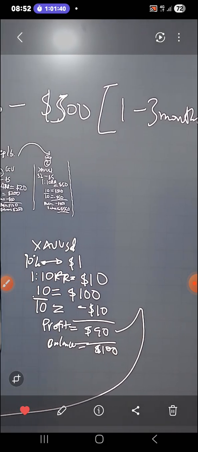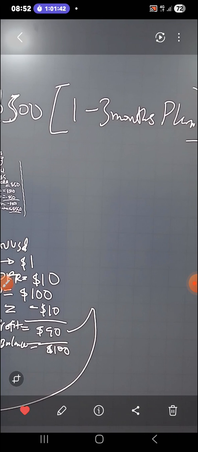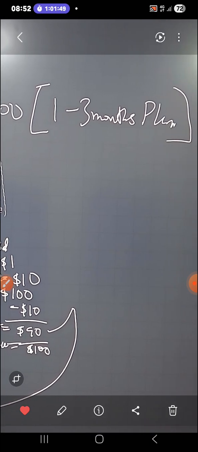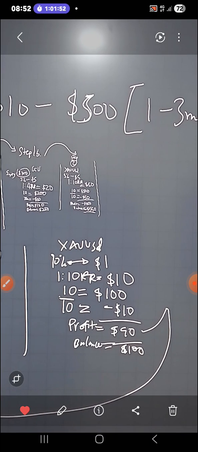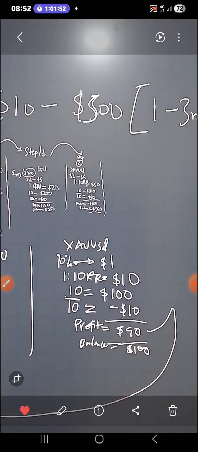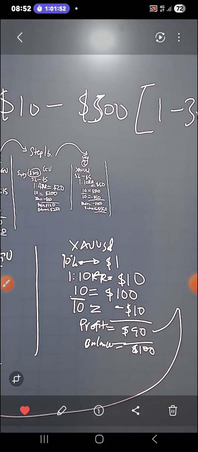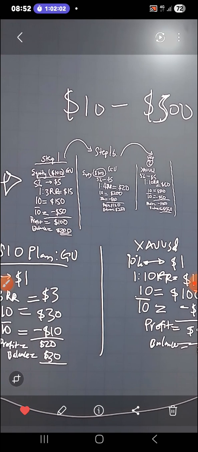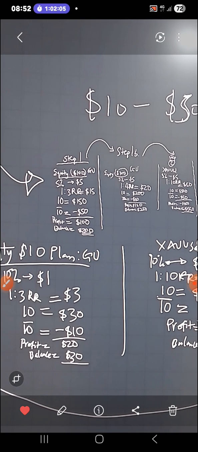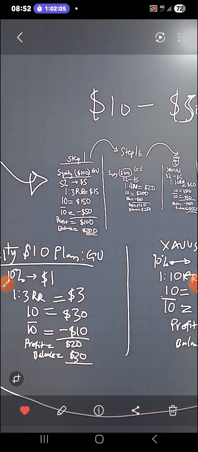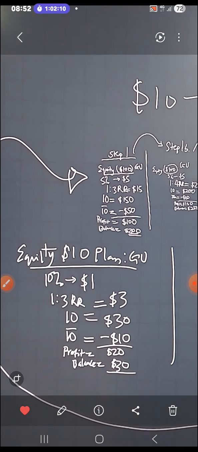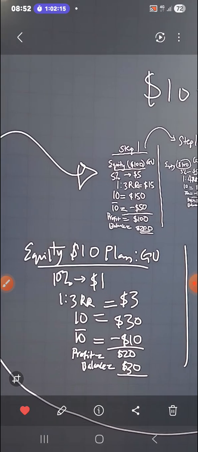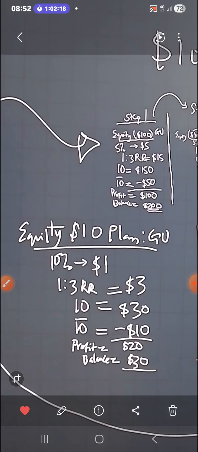If it's done within a month, fine, which will be perfect. And if it's achieved within 3 months, it's also a great plan, because that is more than 500% increase or profit within 3 months, which is huge. Okay, so let's look at the first plan. The first plan is starting out with an equity of $10. As we can see here, we have a $10 equity with a $10 plan,